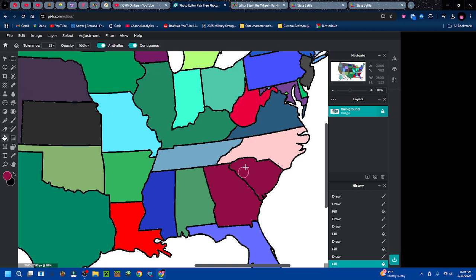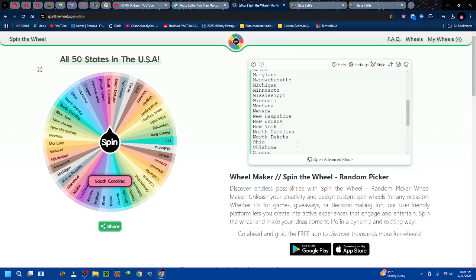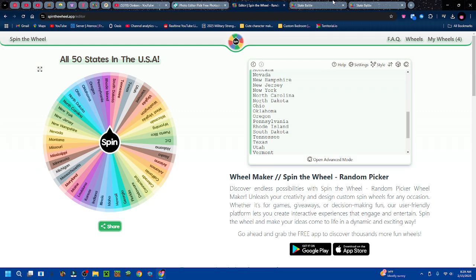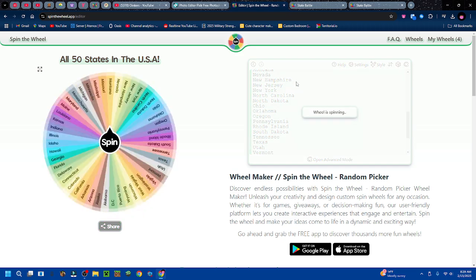Paint bucket right here. And color this through. Bam, bam, bam. Georgia owns all that. That's crazy. Where's South Carolina? Goodbye, man. Well, next up is going to be